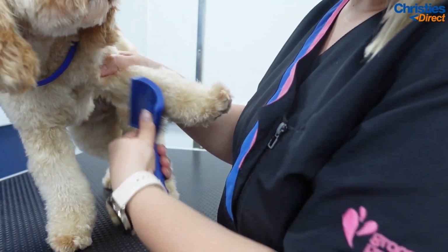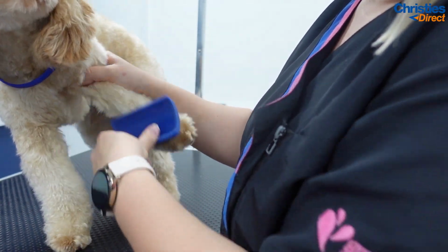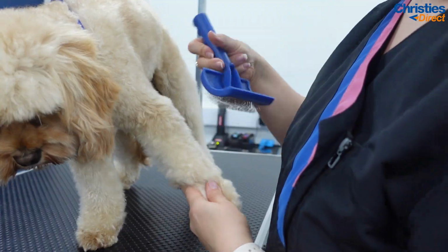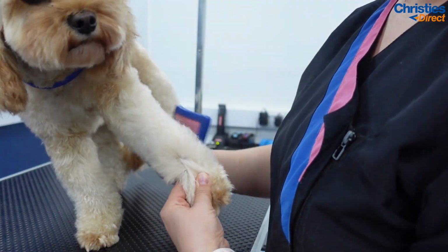You just want to make sure that you are getting down to the skin and just double checking your work, because this is where a lot of owners do get it wrong, unfortunately, and only brush like the top half of the coat. They think that they've done a fantastic job, then the hair closest to the skin is completely felted and we have no choice but to